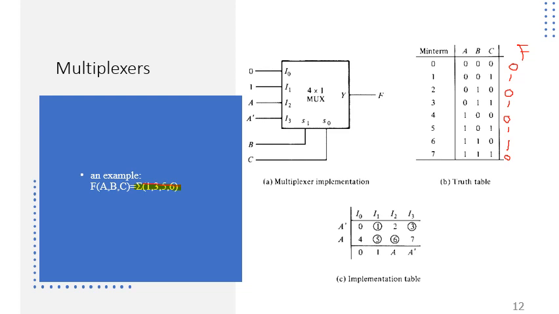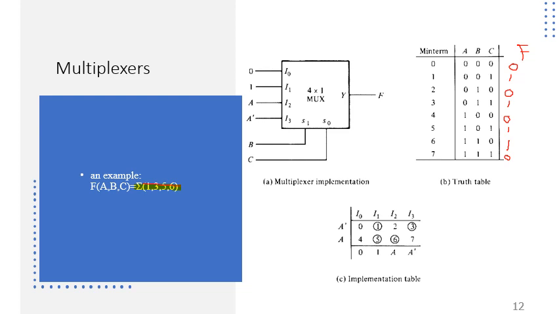So from this requirement, we have seen that we can implement this function by use of a multiplexer that should have two select lines. If a multiplexer has two select lines, then how many users can be accommodated? That is basically 4. So we can implement any three literal function by use of a 4 cross 1 multiplexer. That is the minimum requirement to implement any Boolean function containing three literals. This is a 4 cross 1 multiplexer, in which we've got 4 channels, the 4 users labeled as I0, I1, I2 and I3, and 2 select lines labeled as S0 and S1.